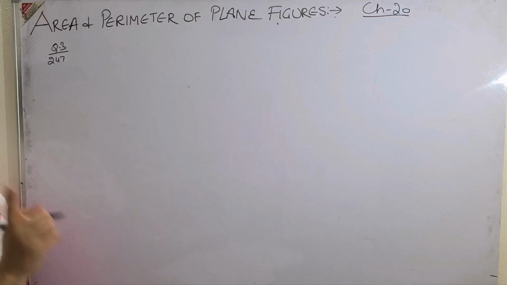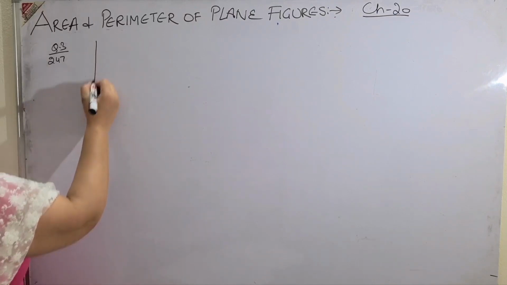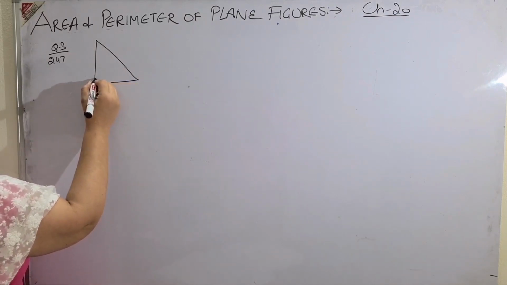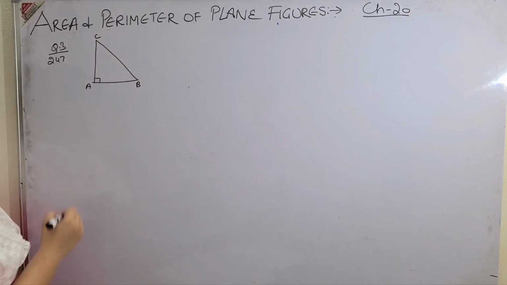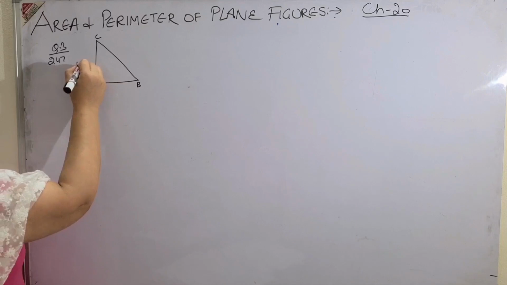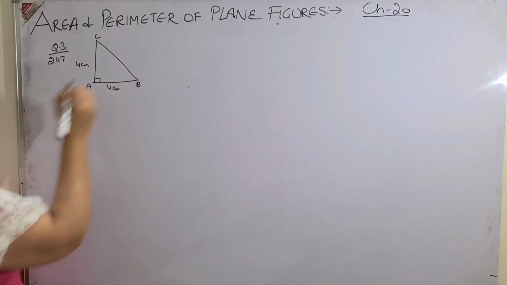you have to make and mention the formulas. Diagram and mention equally carry marks, so be careful. So I am making the diagram of this question. They are saying that angle A is 90 and I have AB and AC and they are both 4 centimeter each. You can very well know that it is a right angle triangle, and first thing is I have to